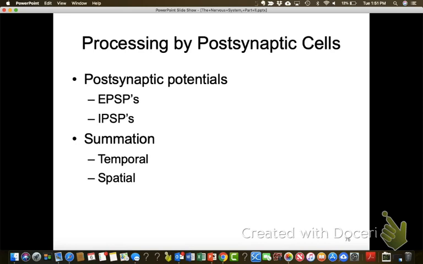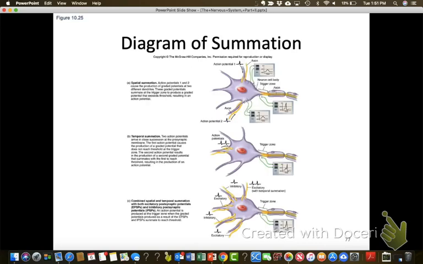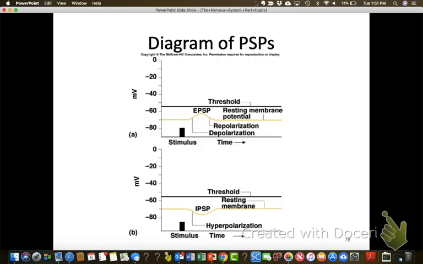All right, in our postsynaptic cells, we've already talked about this once, but we're coming back to it. You have excitatory postsynaptic potentials and inhibitory postsynaptic potentials, and you can have summation that is temporal or spatial or some combination thereof. We've kind of already been through this, so just work through summation. Make sure you understand spatial summation. You're stimulating multiple synapses at the same time. Temporal summation, you're re-stimulating the same synapse over and over again. So it's excitatory if it brings you closer to threshold, and it's inhibitory if it hyperpolarizes or pulls you farther